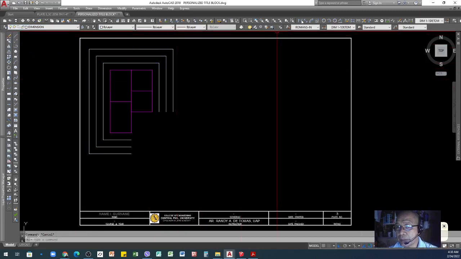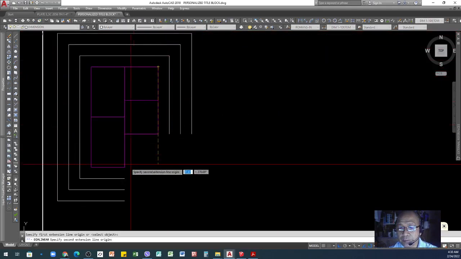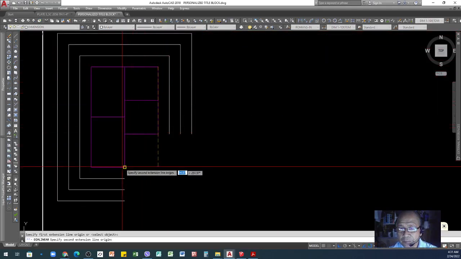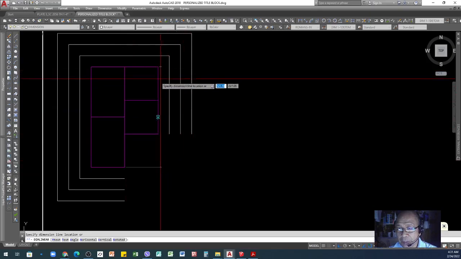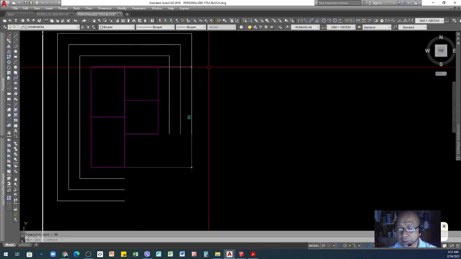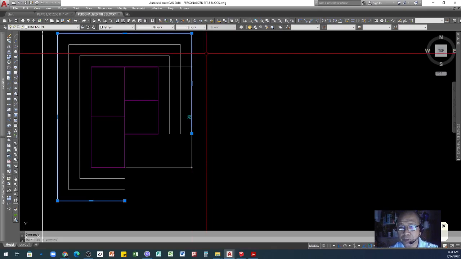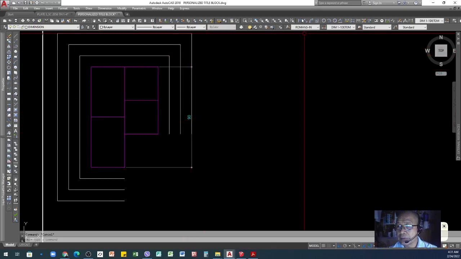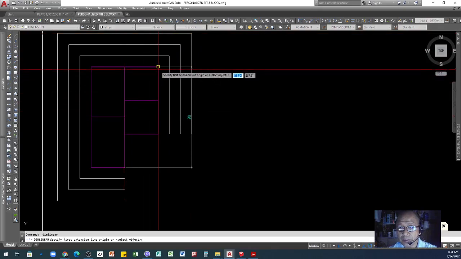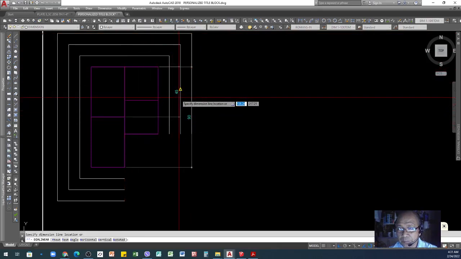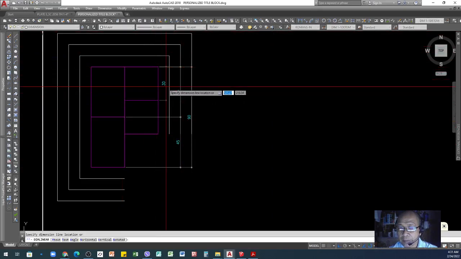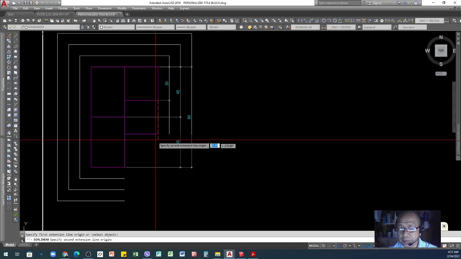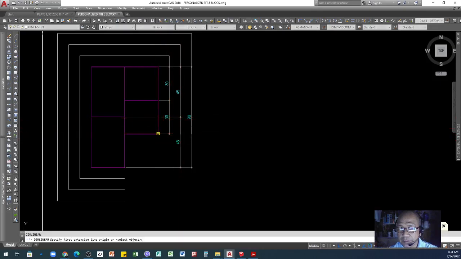Now I can click this dimension for overall size, click the corners or endpoints of that part of the object, and then drag my mouse to the location which I located using offset. So I have 90, and then another dimension, 45 and another 45. So it's very fast, click this one, enter, and then enter.